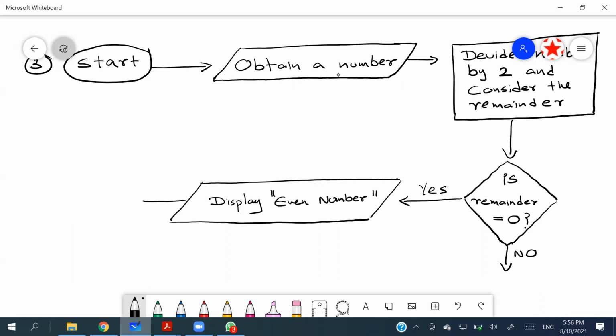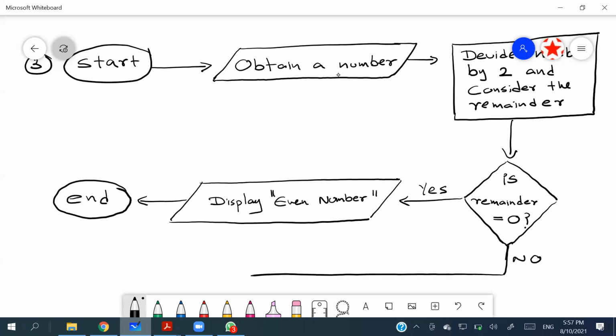Then you have to end, right? That's the journey of this path. And if it is not, what does the question say? The question says do nothing but end the program. So then if it is no, you have to connect this flow